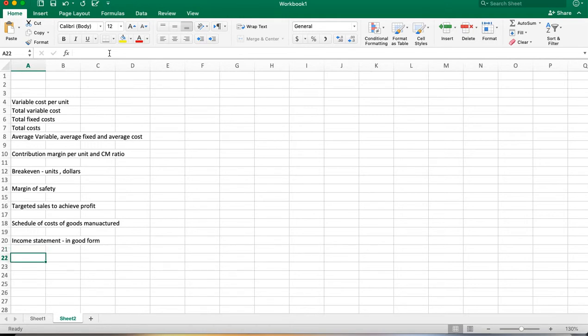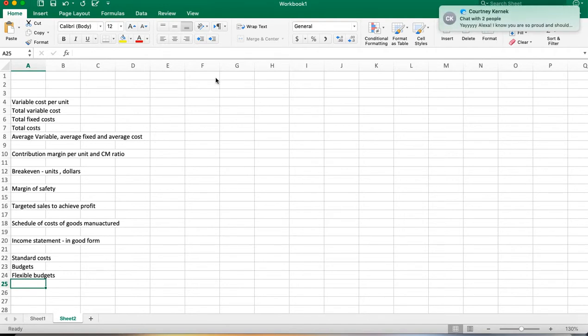Now, these aren't on the quiz, but another thing, standard costs, make sure you're familiar with that. Budgets, flexible budgets, you know, that's one thing, flexible budgets. My husband is a football coach, and he has budgets. And I sat him down one day and explained the concept of flexible budgets based on away games and home games. And he was like, oh, that makes perfect sense. And it really helped him in proposing his budgets.